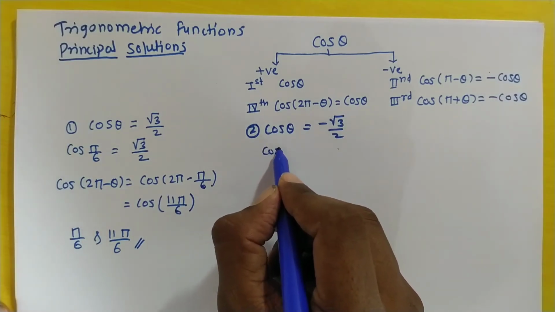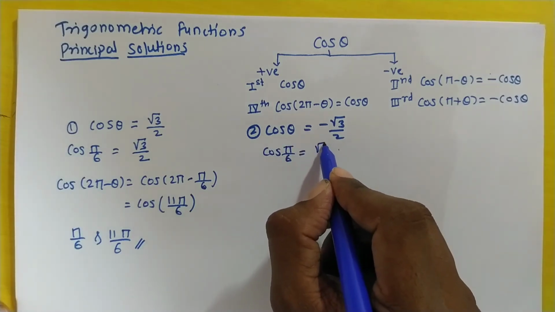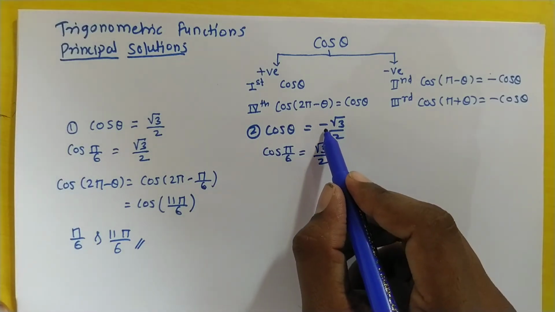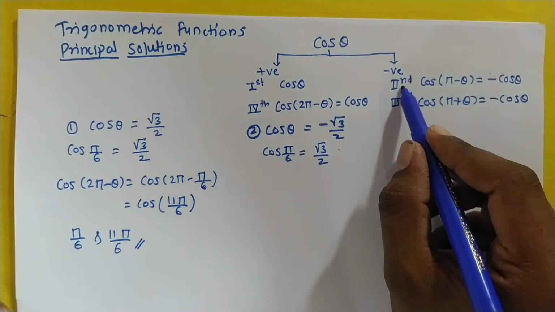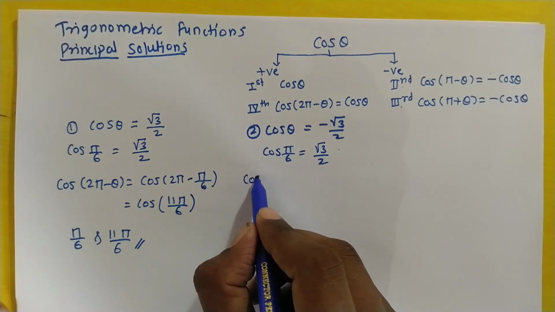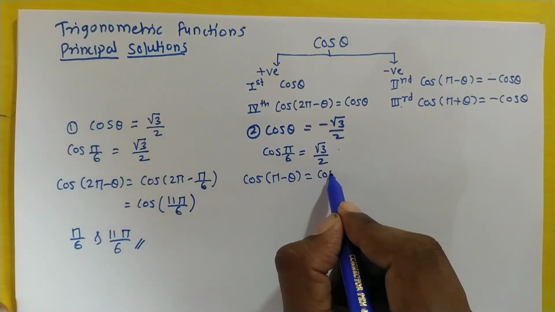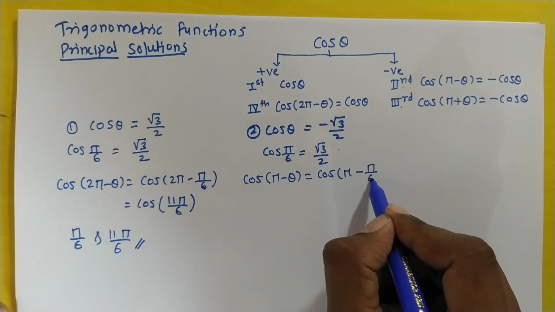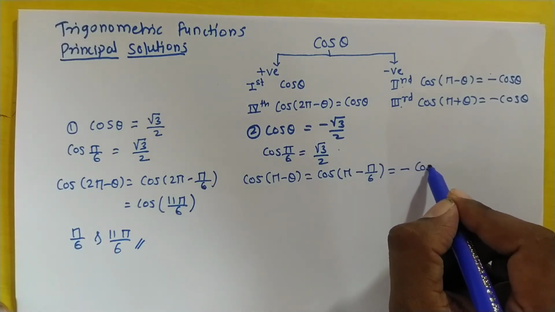We know that cos(π/6) = √3/2. Here a minus sign is present, so cos θ is negative in the second quadrant and the third quadrant. For the second quadrant, we take cos(π - θ) = cos(π - π/6), taking the value of θ as π/6. So after cross multiplication we get -cos of